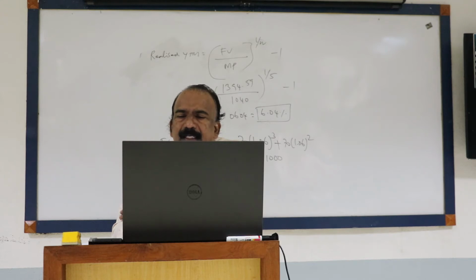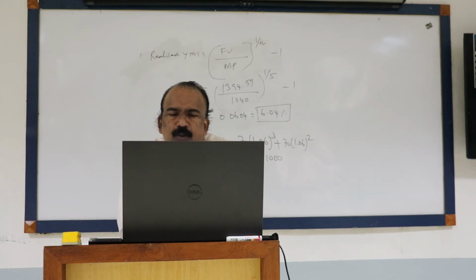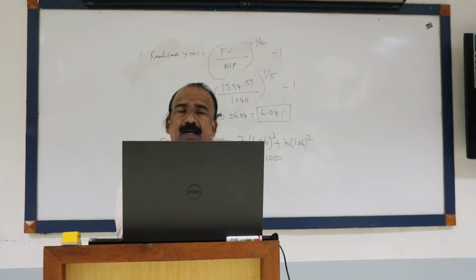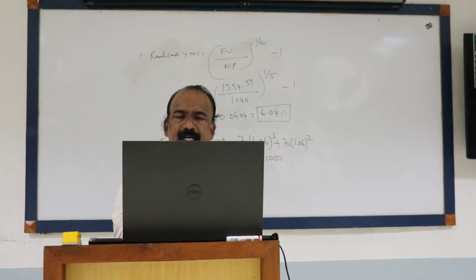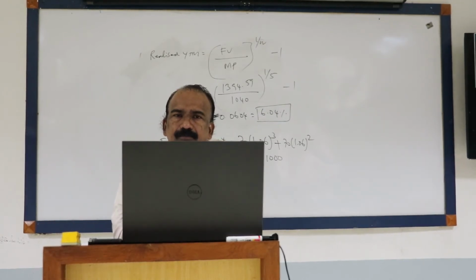Seventh one is semi-annual interest. So please look at that. A Rupees 1000 par value bond bears a coupon rate of 10%, matures after 5 years. It is there in the LMS. Kindly look at it. All these case studies are in the LMS in lecture 3. Interest is payable semi-annually. It means twice a year you get the interest. Compute the value of the bond if the required rate of return is 18%.